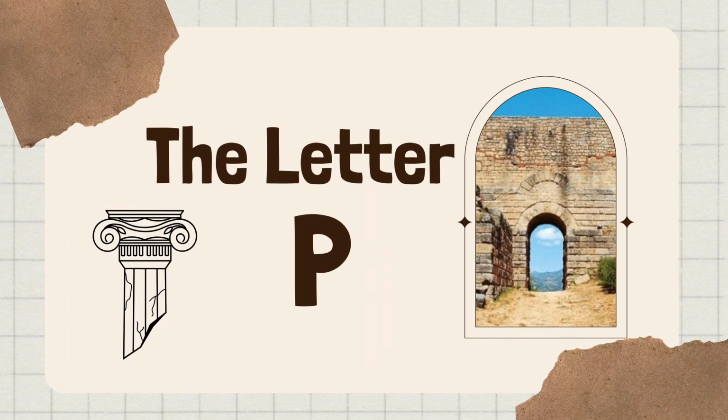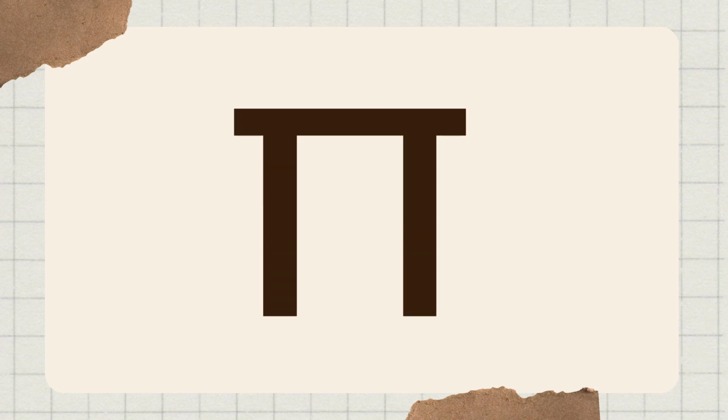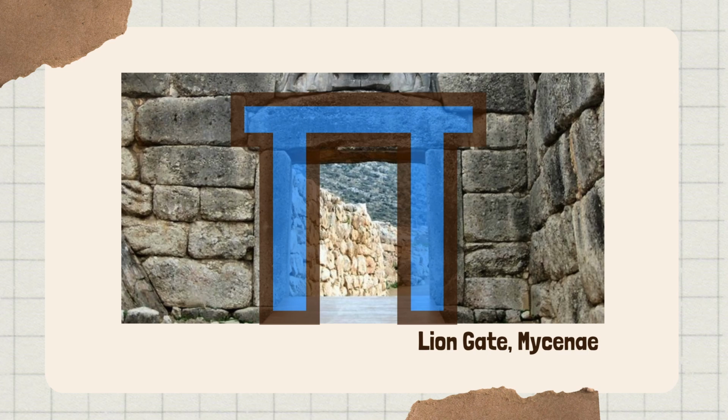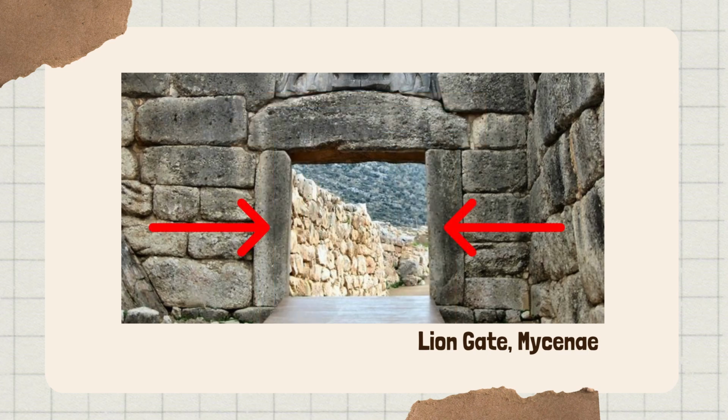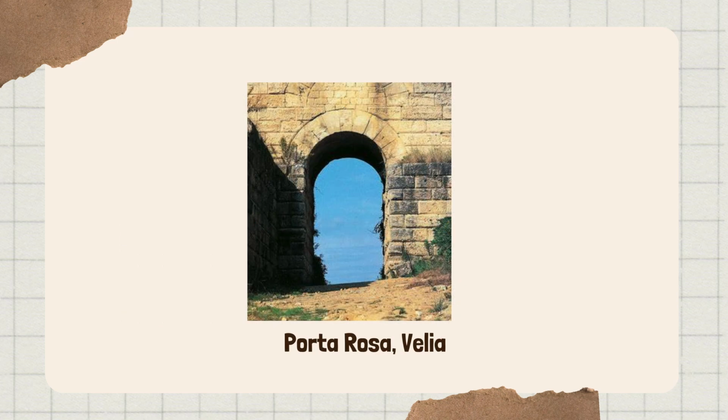The letter P. If you remember, in the introduction of this video, we saw that the sound P was associated by the Greeks with the letter pi, which echoes the shape of a door, called pili. We see here that Greek doors were generally made of two vertical columns topped by a horizontal lintel that extended slightly on each side. However, Latin doors evolved to become arched rather than straight, as seen in this image of the Porta Rossa in Velia. This style would later be known as Romanesque.